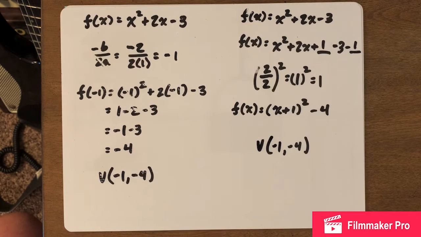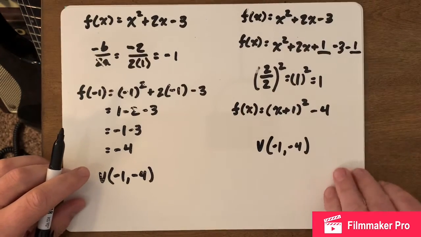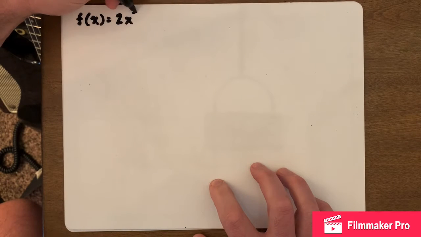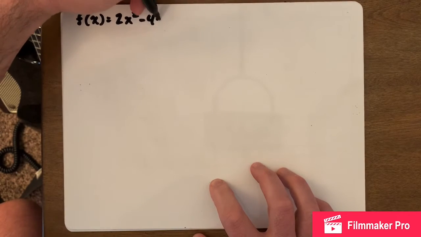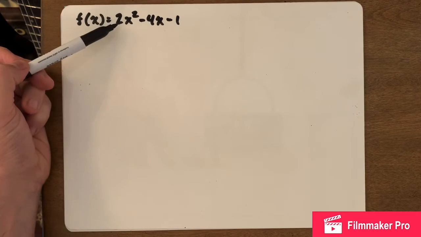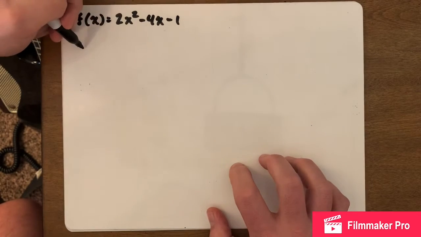All right, so that's example number 1, and you're going to get a lot of those in Algebra 1, and some in Algebra 2. Okay, so let's look at our next example. Our next one is f of x is equal to 2x squared minus 4x minus 1. So now we have an a value of 2, because you need to see what happens when that a value changes. So now we're going to do the same thing, opposite b over 2a,